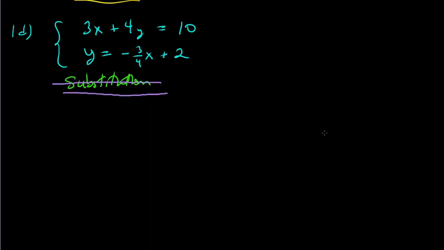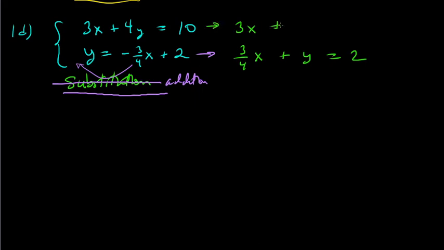So let's use, again, the addition method. But to do that, we have to transform the bottom equation. We have to get, let's say, the x on the left side. So we're going to add 3/4 x to both sides. And so if we do that, we get positive 3/4 times x plus y equals 2. So now the x's and y's are both on the left. And I'm just going to copy down the first equation. Equals 10,